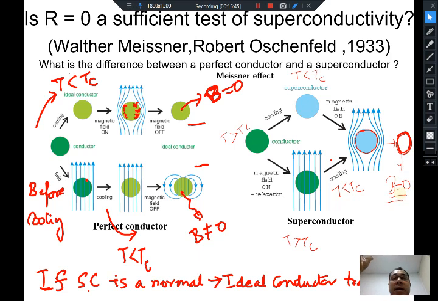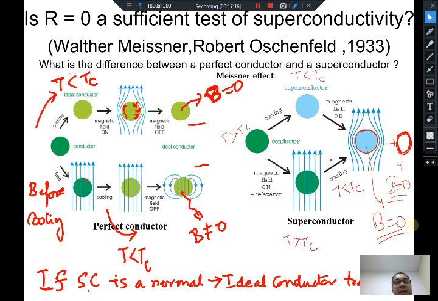What is a perfect diamagnet? A perfect diamagnet is a material which expels all magnetic field from within its interior. So irrespective of what path you have taken, whether you have cooled the superconductor and then applied a magnetic field, or applied a magnetic field and then cooled it into the superconducting state, the superconductor always expels all magnetic field from within its interior and reaches a B is equal to 0 state.